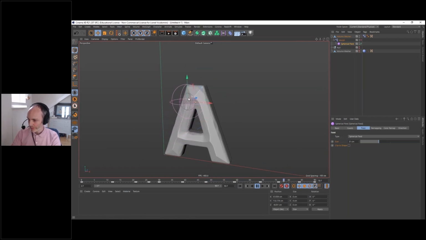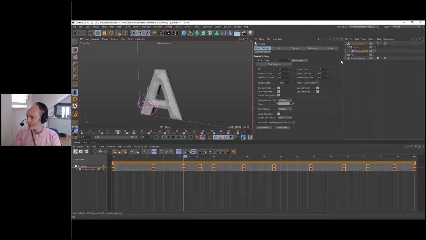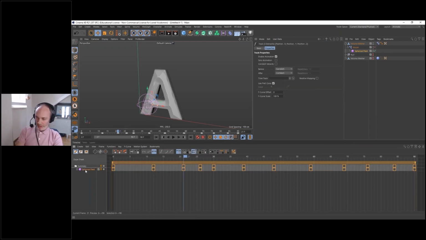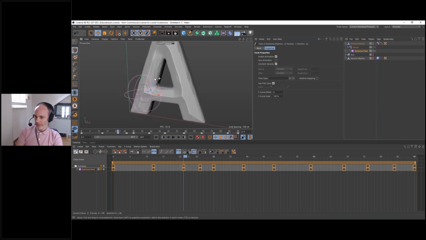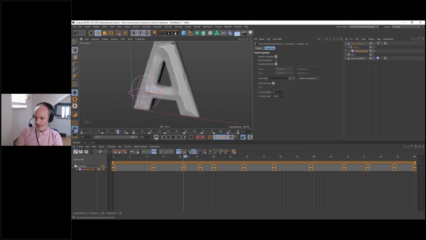You can see it's not smooth. So let's switch to the animate layout. I'm going to disable auto key too. And here we have the track of the spherical field. I'm going to select it. And I have the option of the track. And we have here the constant velocity switch. When I check that, now it's going to move at a constant velocity, constant speed throughout the animation. See?